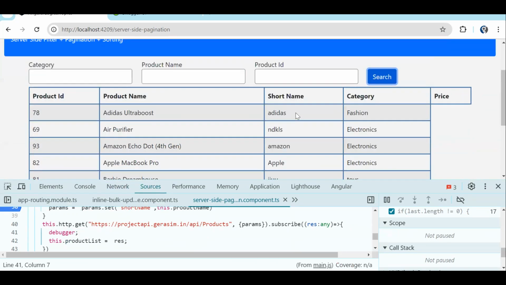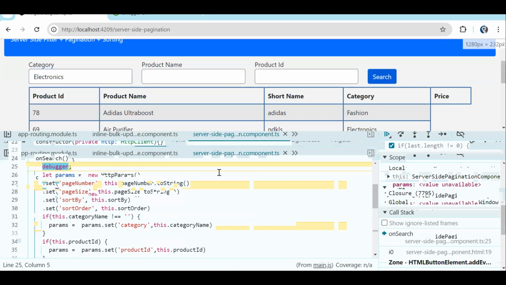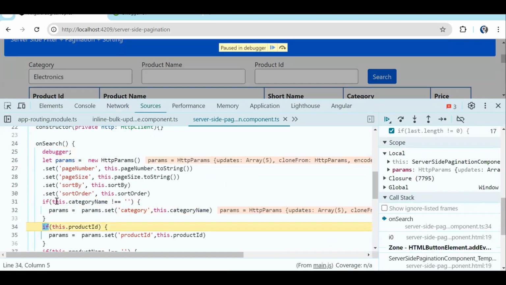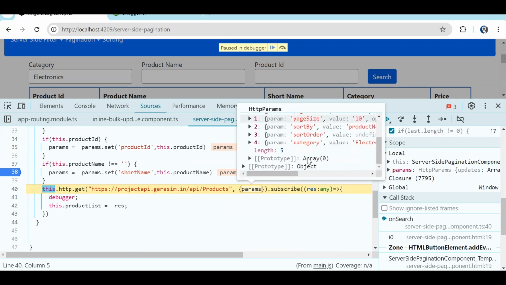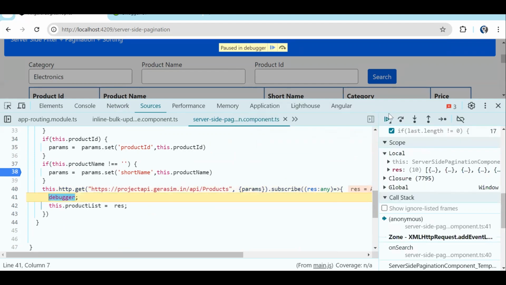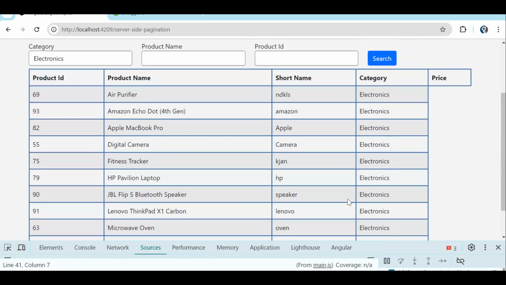Now, step by step, we have done a basic simple API call with some mandatory parameters. Now we need to check the search also. Okay. Now if I try a category name, let's say electronic, and on click of search, you can see category is not empty, so this if block got executed, correct? Now in the params, we have got 5 parameters. Category also we have. Continue. So now here you can see in the table, we have got just the category data. Correct? Now if I remove this and search again,